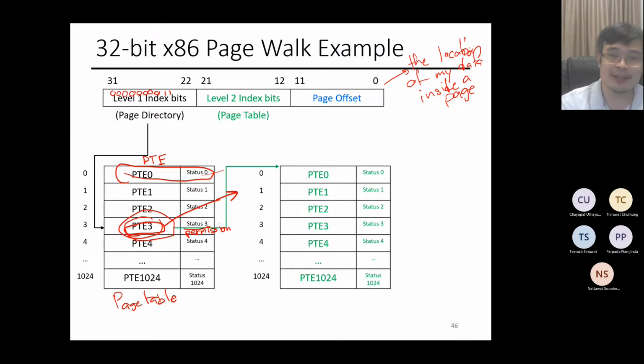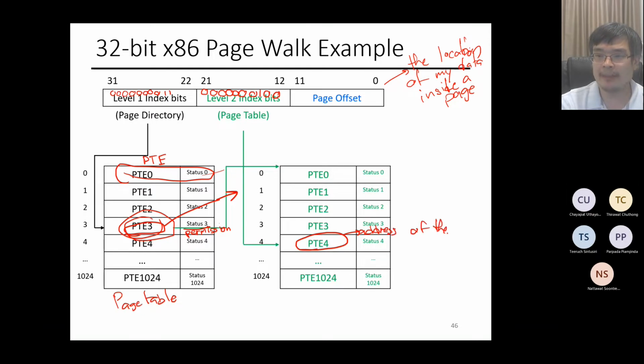Then let's say the level 2 index bits are something like 0, 0, 0, 0, 0, 0, 0, 1, 0, 0, right? So that's 4, right? So in this case, which row do I go to? Earlier on, the index was 3, so I went to row 3. Now it's 4, so I go to row number 4, right? Because this is the last level, to get the physical address you take this part, whatever bits that is. This will tell you the address